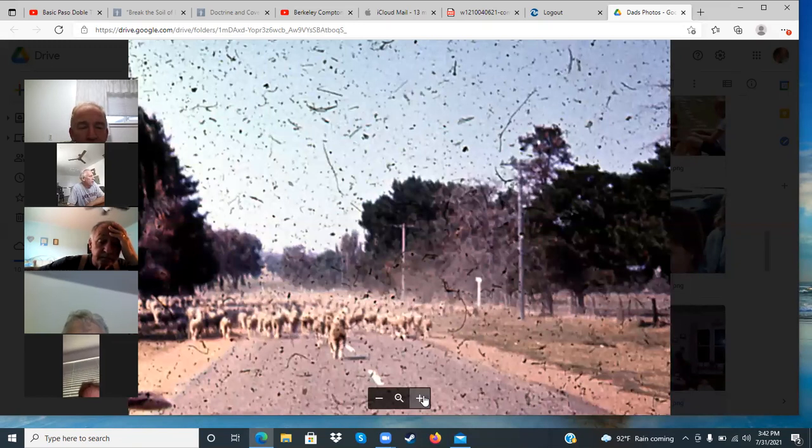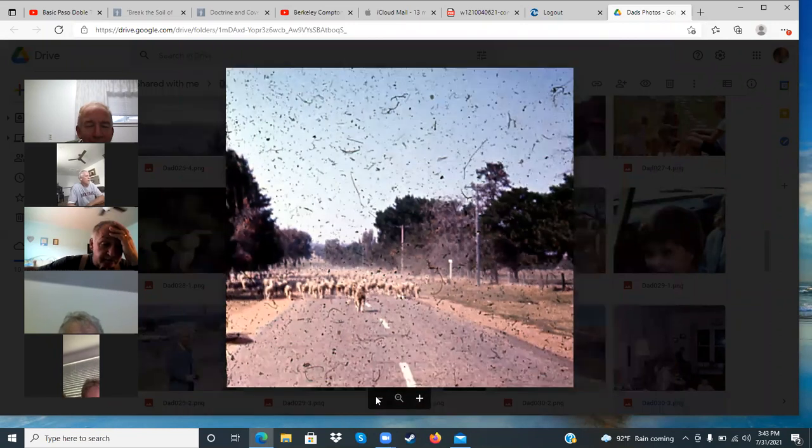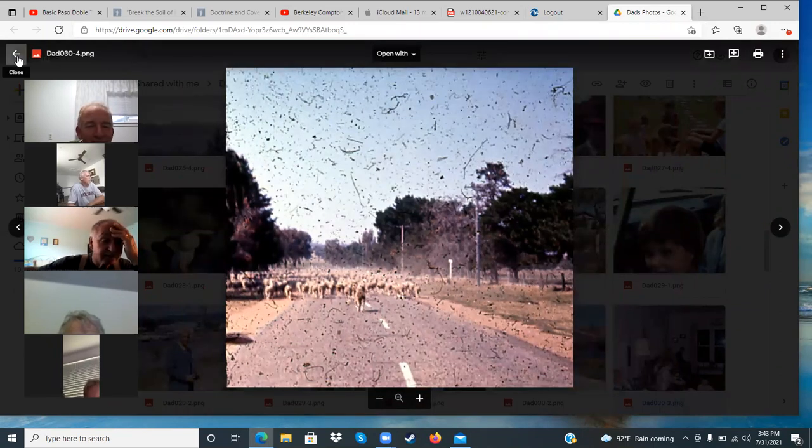I'm looking at a cattle stampede or something. It's sheep. That looks like it's from Utah, but I won't swear to it. And I don't think it's relevant unless there are people in there. Or we can associate it with a time and a place where the family lived or had some business. Probably southern Utah somewhere.